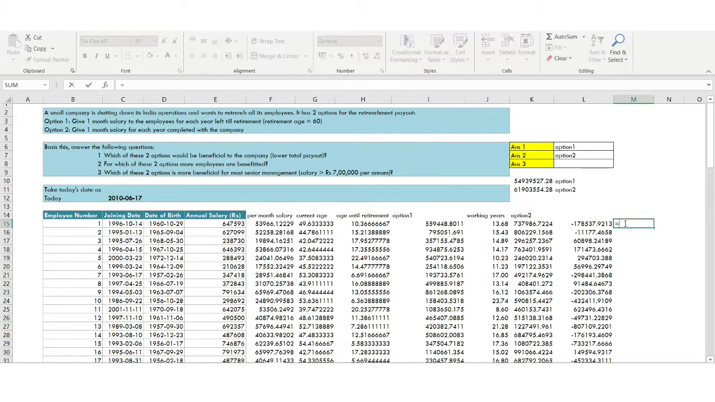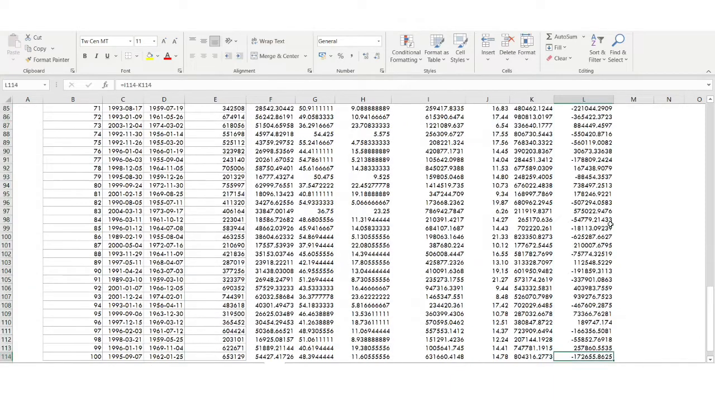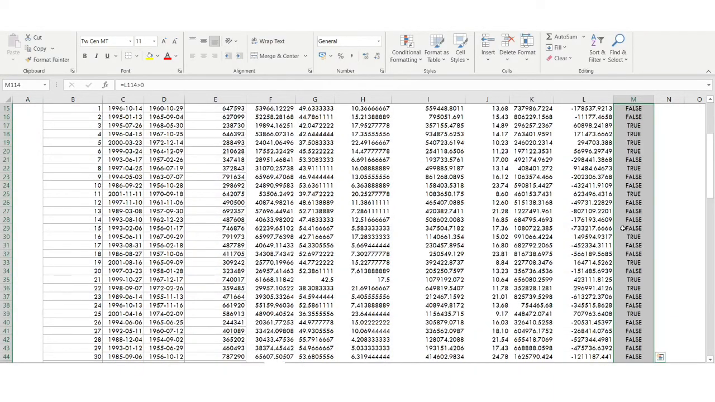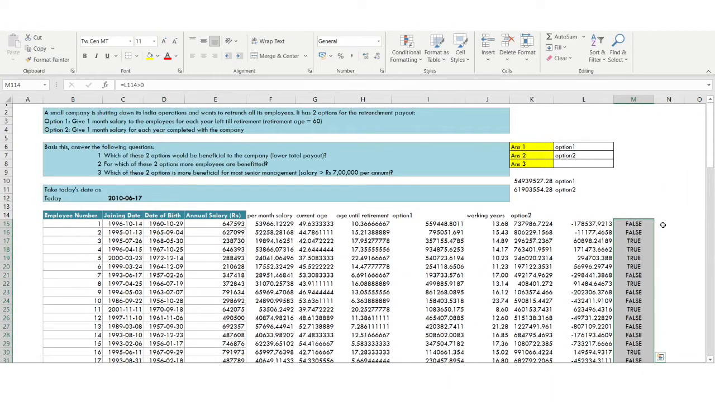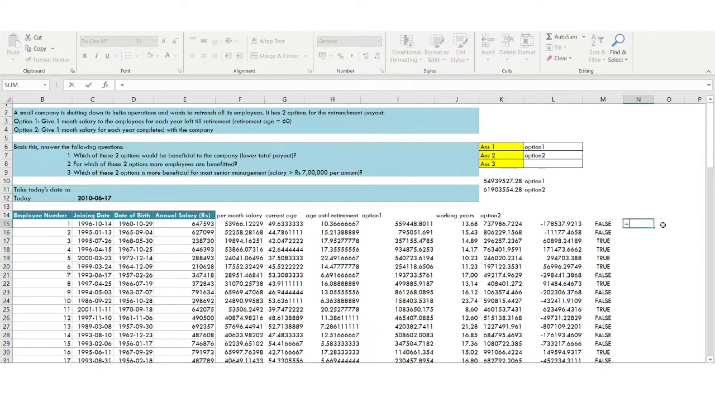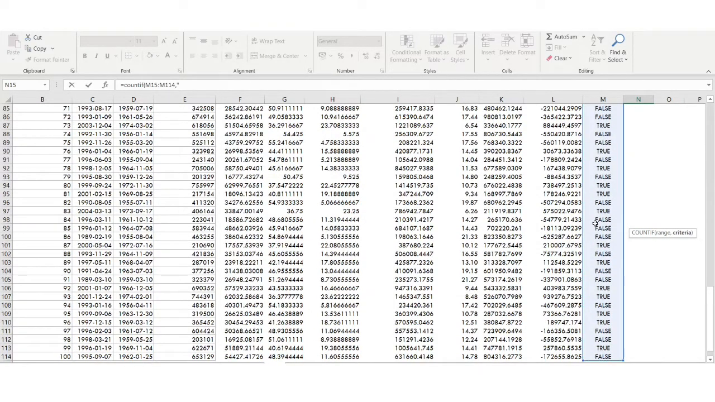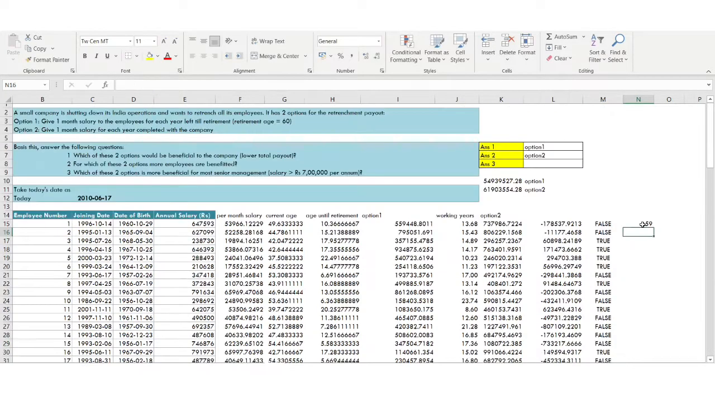So let us see if this number is greater than 0 or not. So this is false, and I'll just press Control D. Let us count the number of times false is coming. So this is the entire range, and I'll write here false. So 59 times false is coming, and